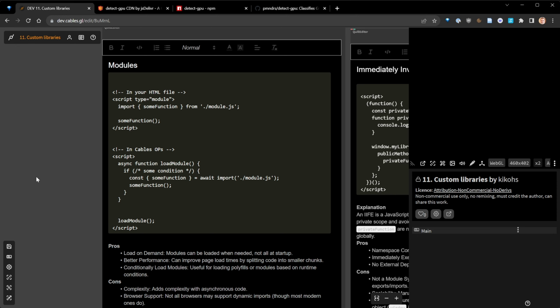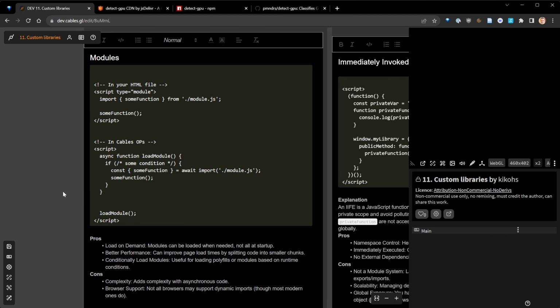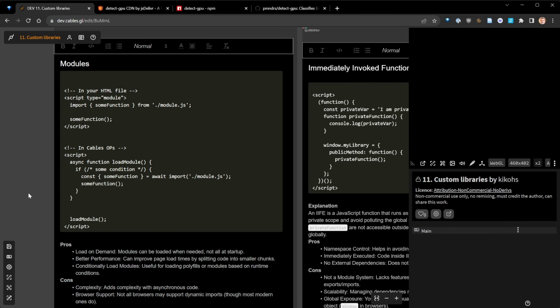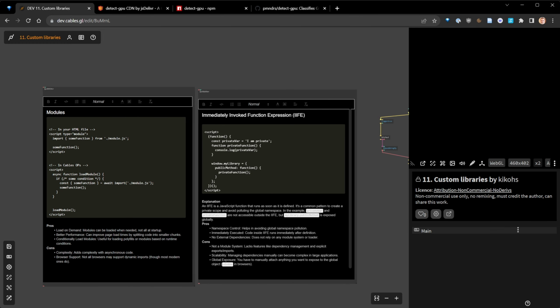So this works for modern browsers, but we are doing Cables, so anyways we will want modern browsers. As I said before, this is completely supported in Cables. This is not. So I will show you what I mean by that. It works, but you need to do some kind of